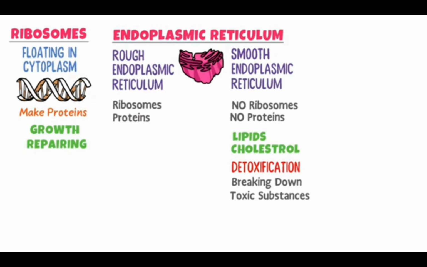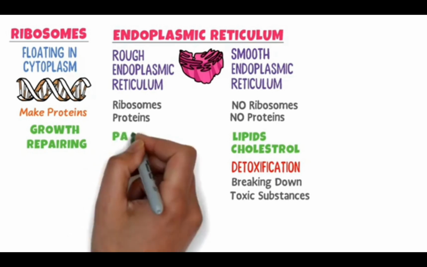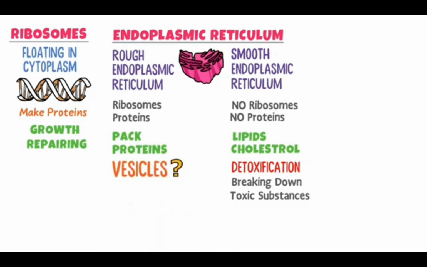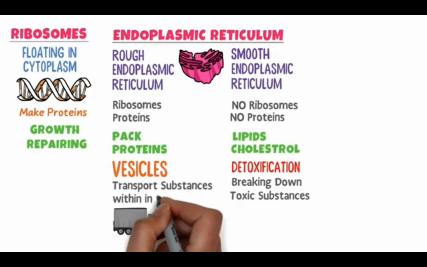What are these vesicles now? Vesicles are the trucks within the cell, we can say. They are like trucks. Vesicles are the trucks inside the cell. They transport substances within the cell from one part to another. The protein formed by the ribosomes and packed by the rough endoplasmic reticulum is transported by the vesicles